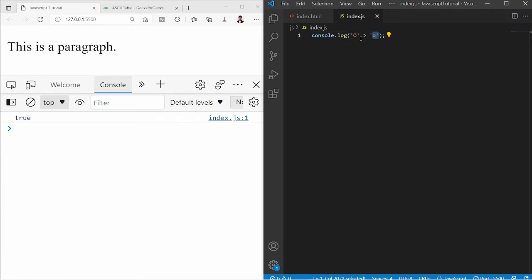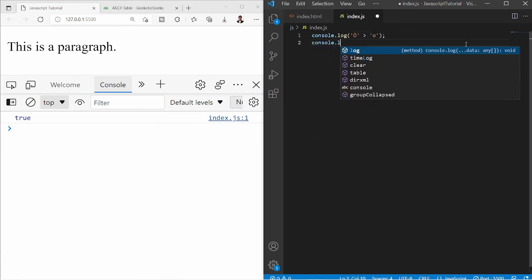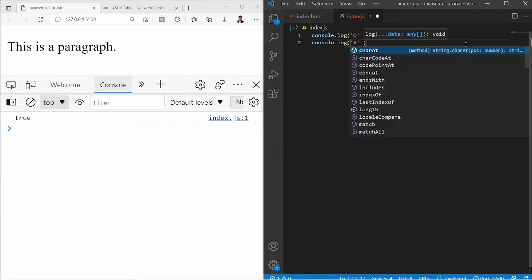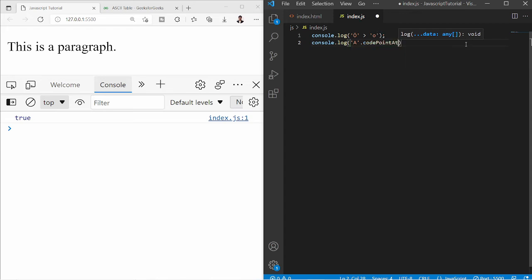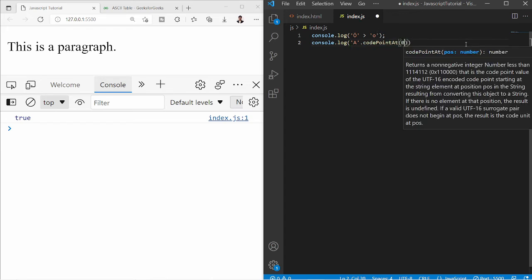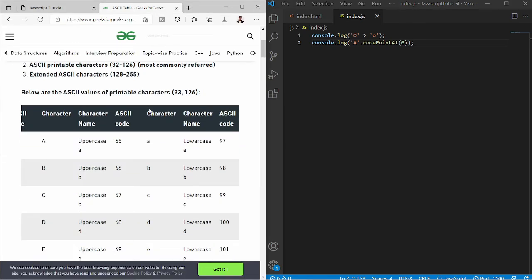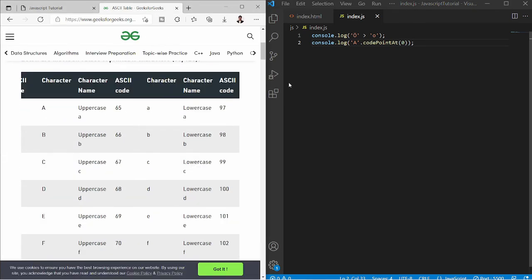But if we want to know the ASCII value of this, how will we know that? For that, we can use a function. Let me write that. For example, if I write string a dot code point at 0, because this is the 0th index, and I save it, it prints 65, and we saw that capital A has ASCII value 65.